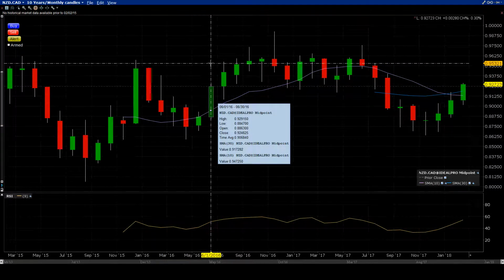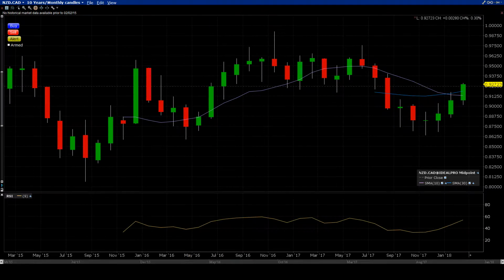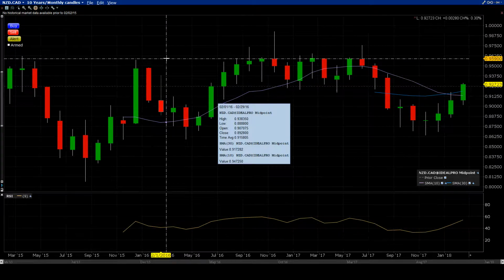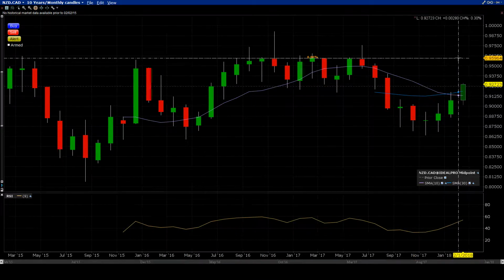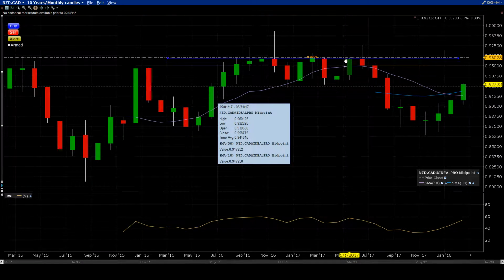New Zealand CAD. Alright. I don't know about this forex pair, New Zealand dollar against the Canadian dollar. I don't have any data prior to February 2, 2015, so that gives me about 3 years of data. I don't know what's up with that. Anyways, let's start by identifying major trends. Here we have some clear resistance